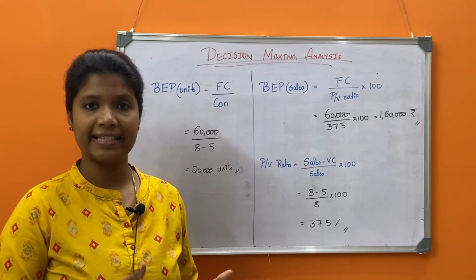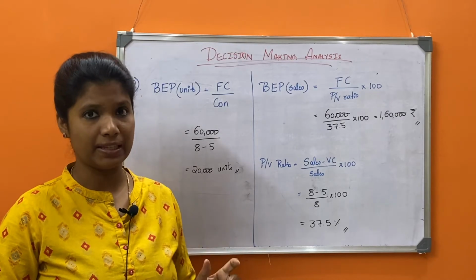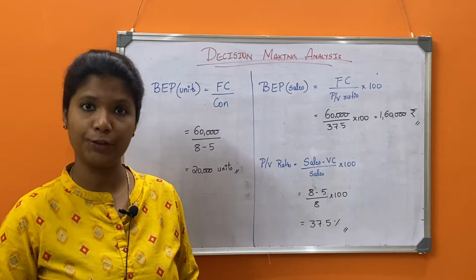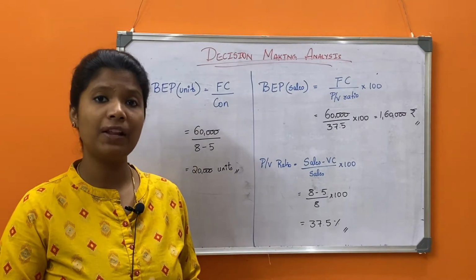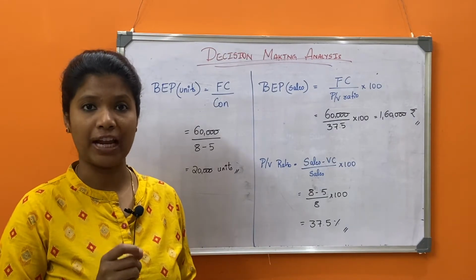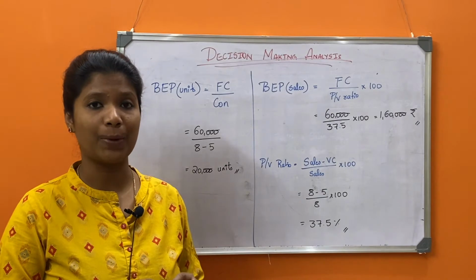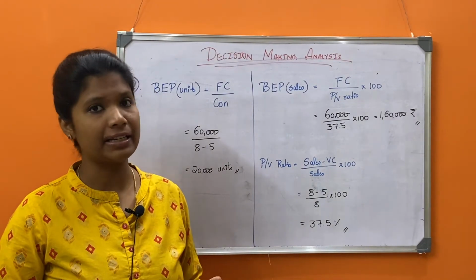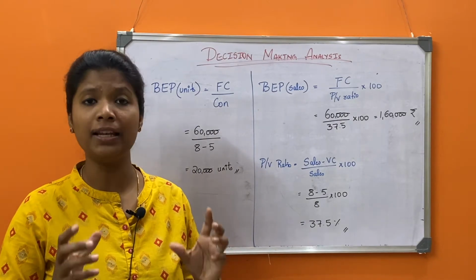So moving on to the second question, they've given us the details about fixed cost expenses, variable cost per unit and selling price per unit. These are the details given in the question. What have they asked us to find out? They've asked us to find out break-even point. Now we know break-even point is a point where the company earns no profit nor incurs any kind of loss, right? It's no profit and no gain point.